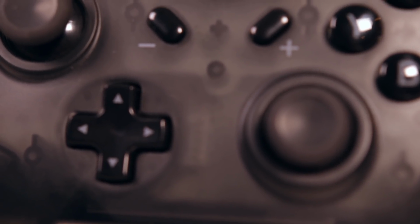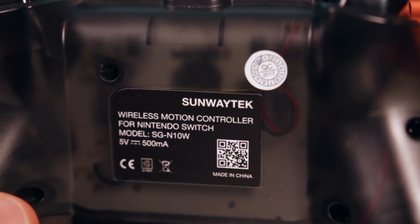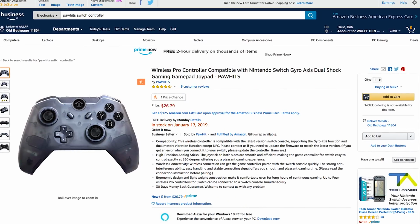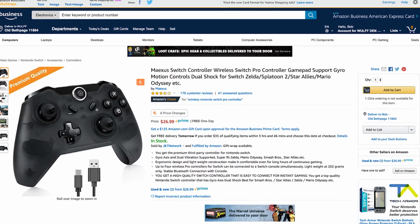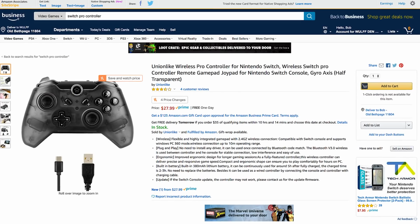I guess the first one we should talk about is this piece of shit. I couldn't even tell you who makes it. When I bought it over a year ago, the Amazon listing just said Bluetooth motion controller for the Nintendo Switch. This was the only wireless Pro Controller alternative at the time. This particular one says it was made by Sunway Tech, but you can also get one made by Paw Hits, or Maxius, or Wettoff, or WizBlue, or Union-like, or...